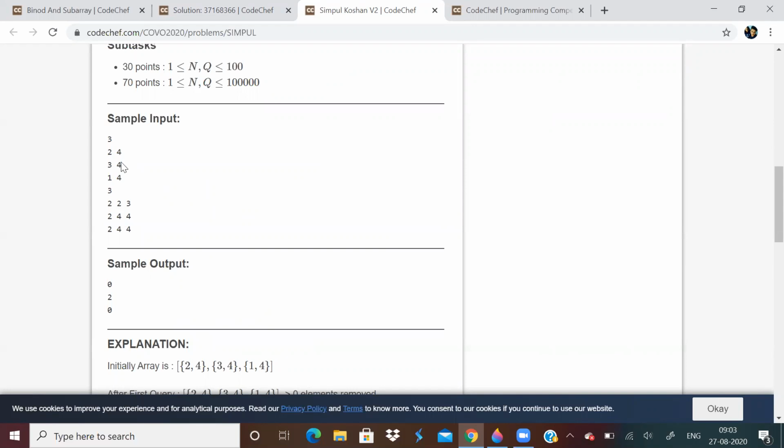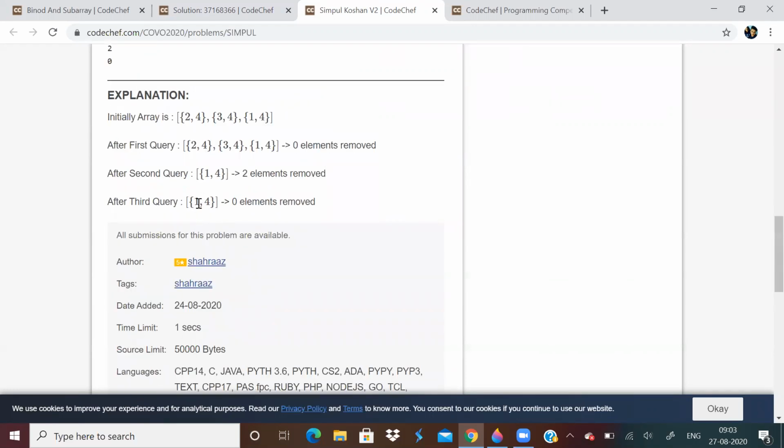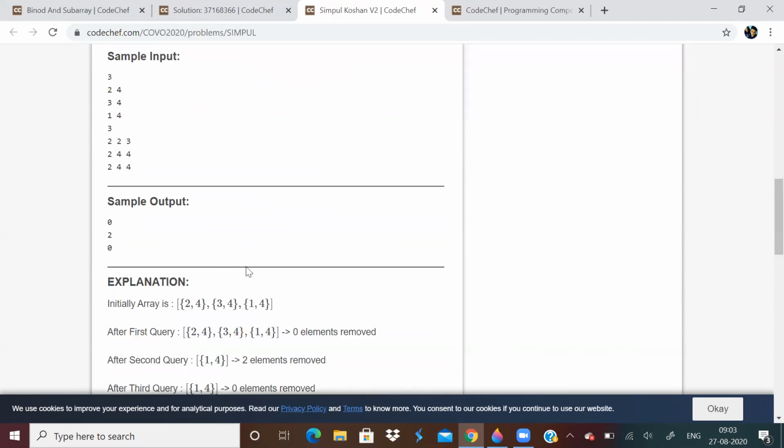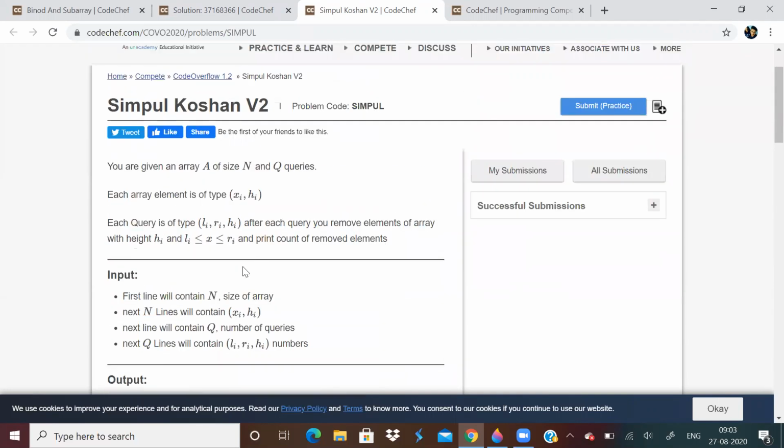So we'll remove these 2 elements. For the next query, these 2 elements are removed, so only this is remaining. As we can understand from this example, they have explained it also. I hope you understood the question. You can have another look at it.